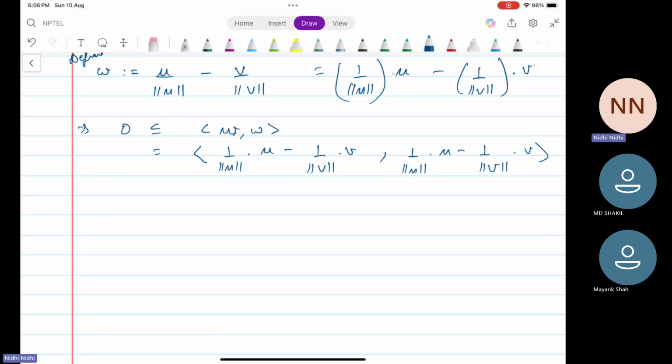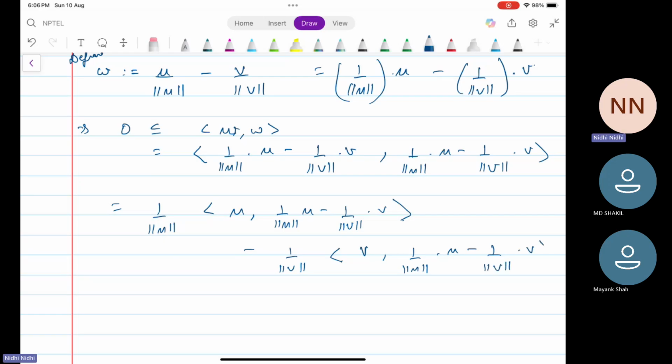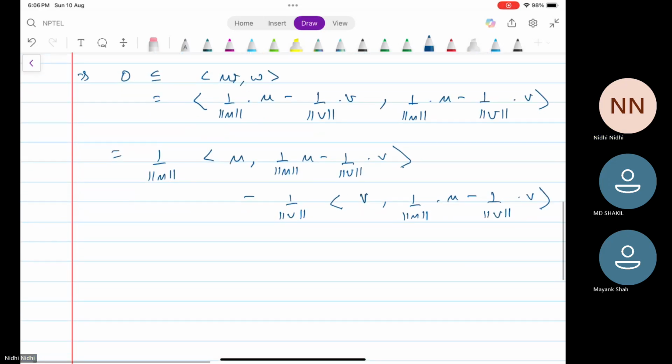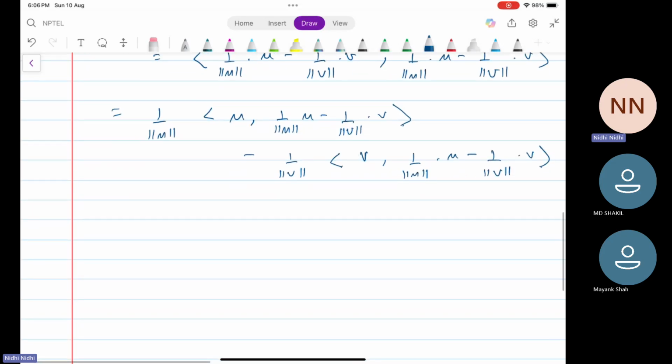Next, by the fact that the inner product is linear with respect to the first as well as the second component, this expands, and using the linearity with respect to the second component, we get